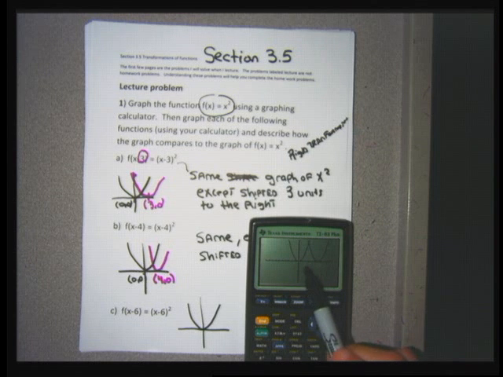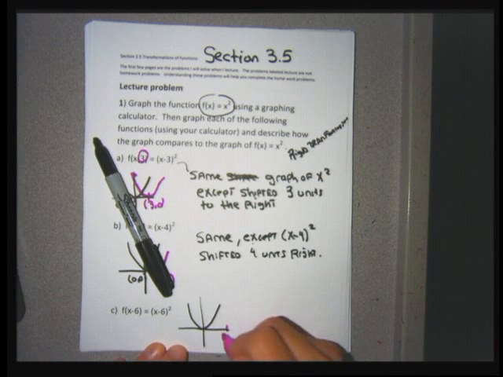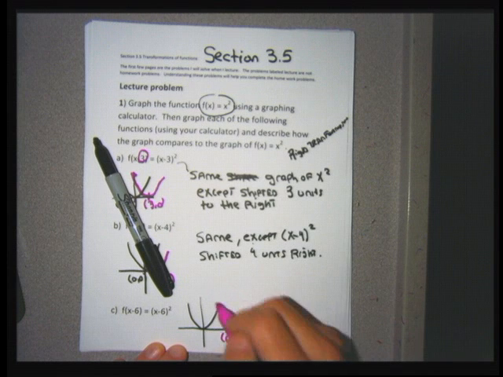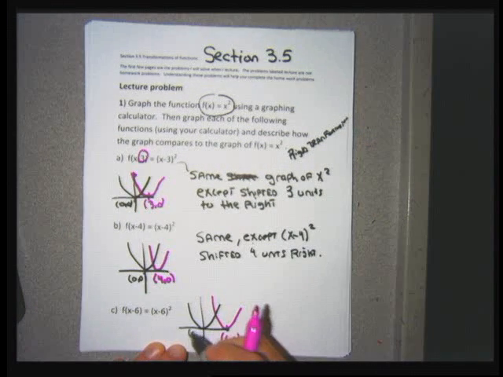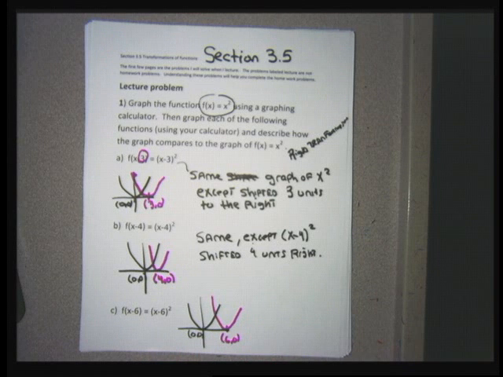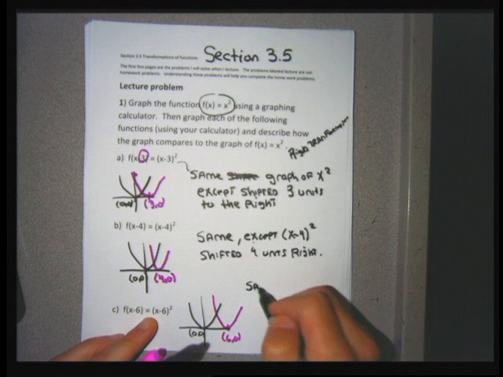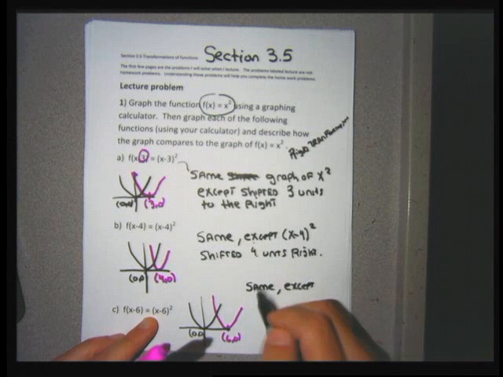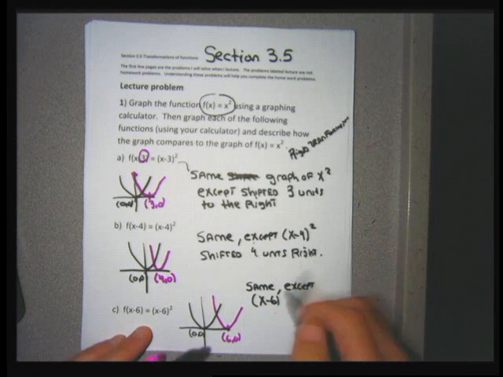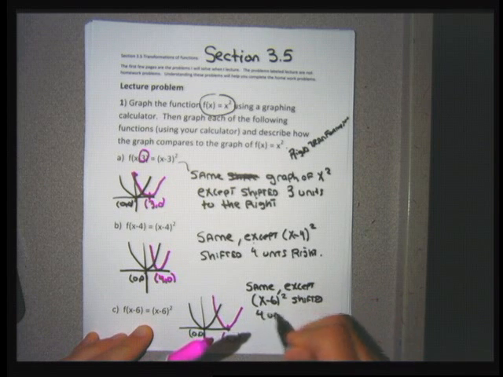And if I count to see where the vertex is, I'd go 1, 2, 3, 4, 5. It's at 6. So the new graph, instead of having a vertex at 0, 0, like f of x equals x squared, has a vertex at 6, 0. And if I want to describe how the graphs compare, the graph of (x minus 6) squared, they're exactly the same shape, except the (x minus 6) squared graph, or the f of x minus 6 graph, is shifted 4 units